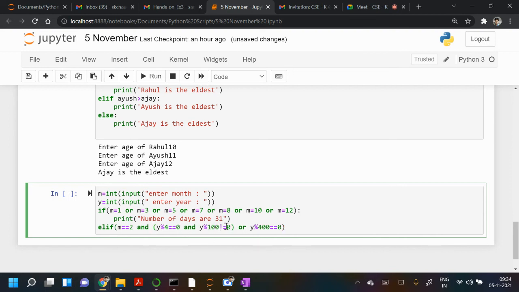Okay, and so the month is February and the year is a leap year.